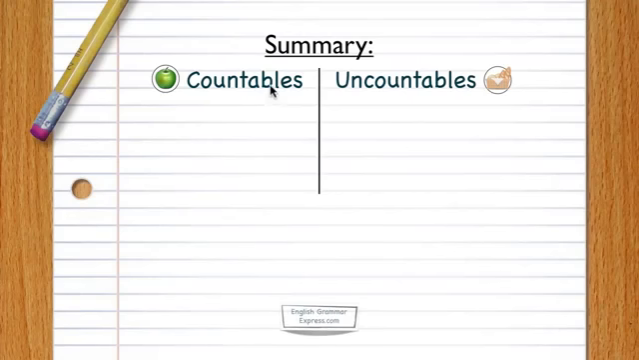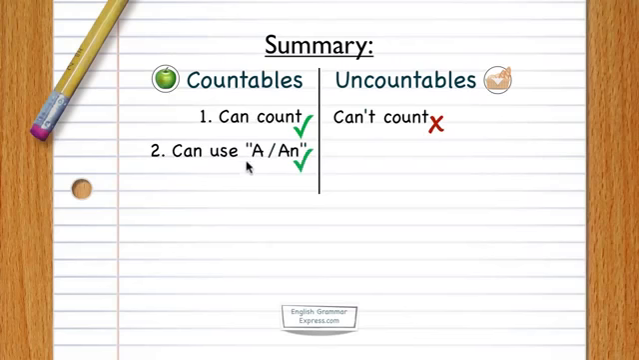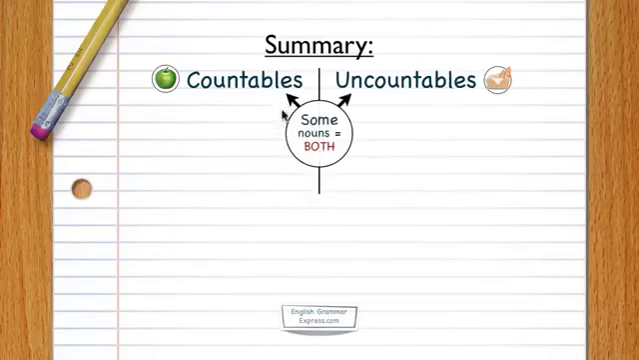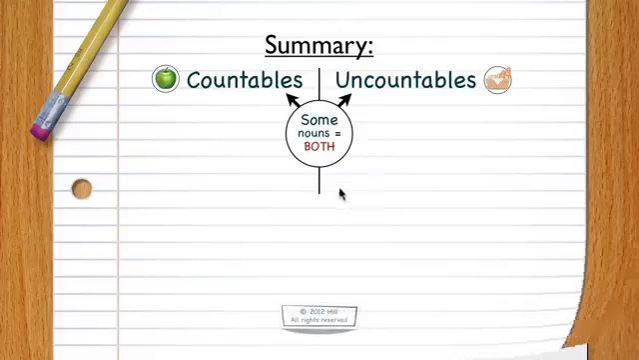Let's summarize what we have so far. Countables can count, uncountables can't count. Countables can use a or an, uncountables can't use a or an, and countables finally can use plurals, can't use plurals in uncountables. Now, I said earlier that some nouns can be both countable and uncountable, and I've prepared a